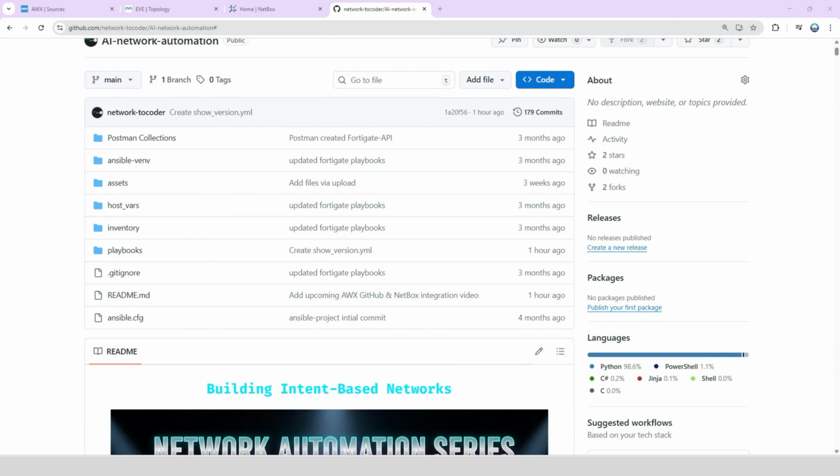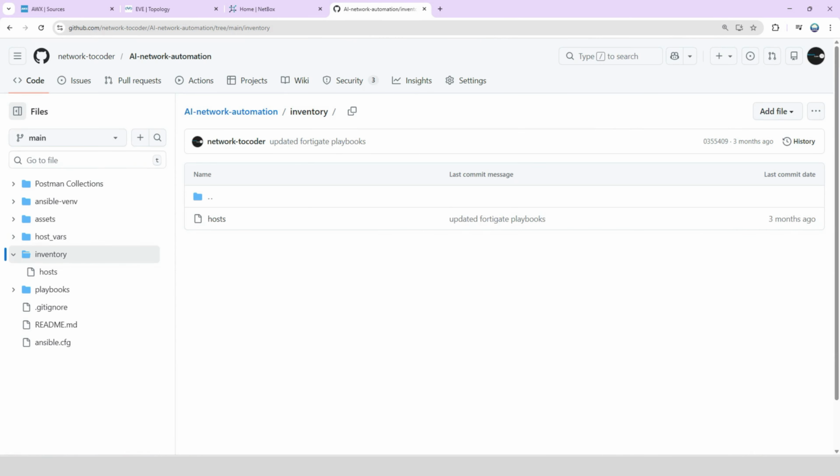In my case, I already have the directory in place. We have a hosts file in it which we used in our previous video. For this demo, we now need to set up a plugin file for Netbox. So let's see how to do it. First, create a YAML file. Let's call it